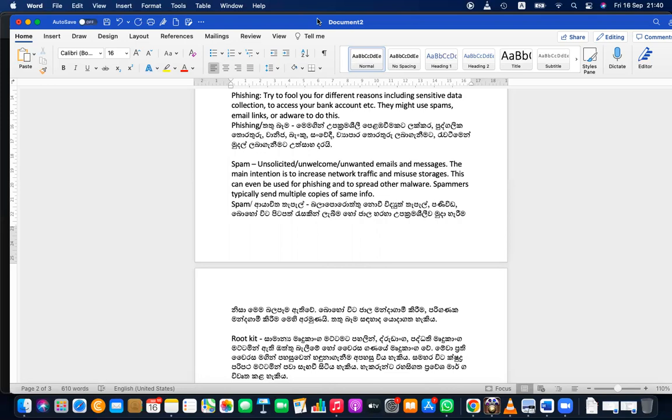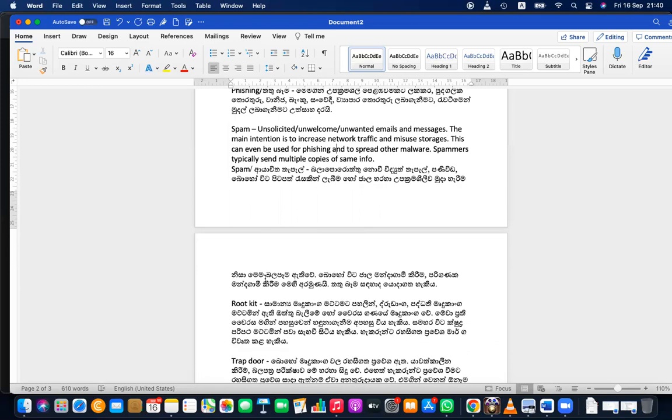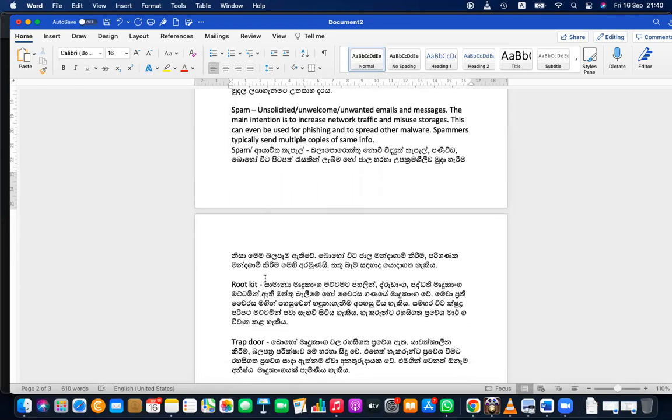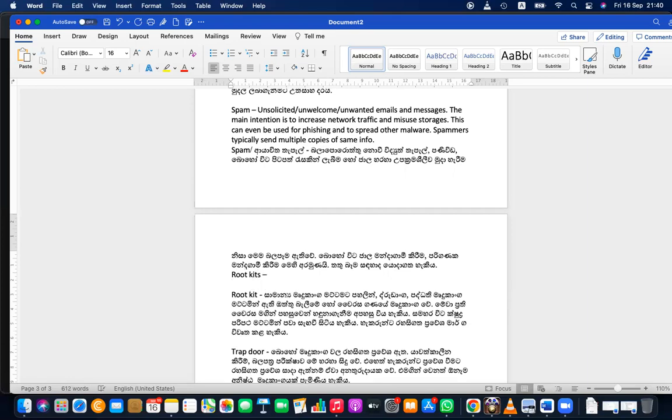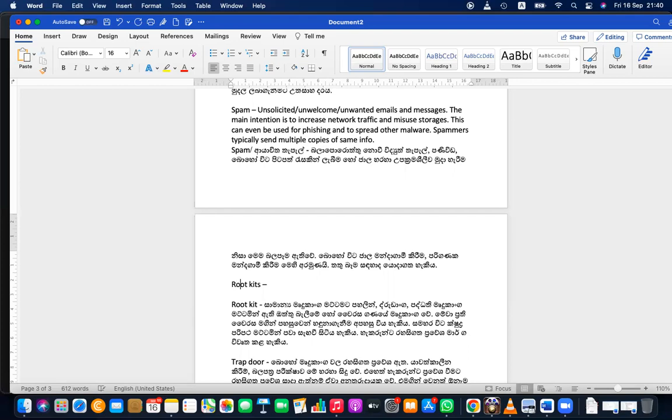Okay, I think rootkits. Rootkits are basically hardware level mostly. It is below the basic application software layer.